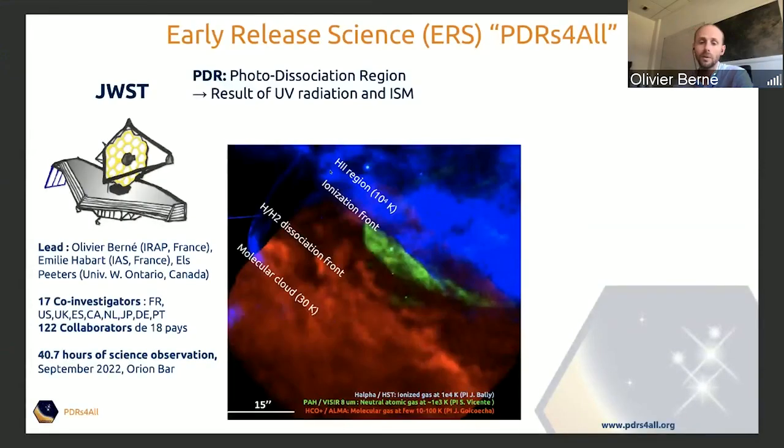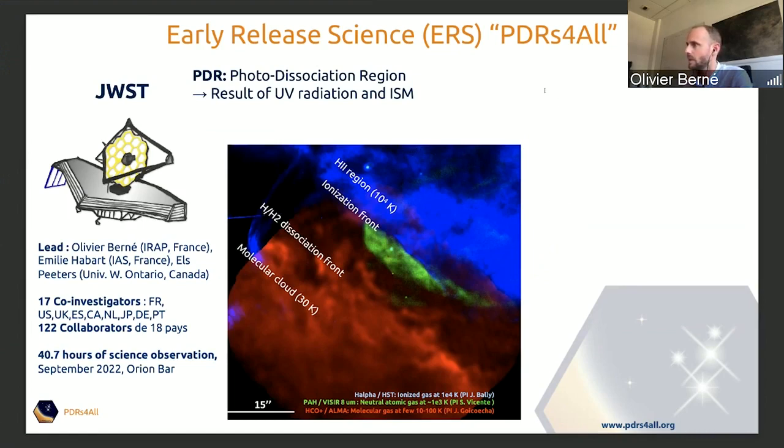Okay, so the topic that we are interested in this project is photodissociation regions, PDRs. That's where the PDRs4all name comes from. Photodissociation regions are the result of UV interaction from massive stars with the interstellar medium. And the Orion Bar, which you see here in a multi-wavelength image, is the prototypical photodissociation region where you